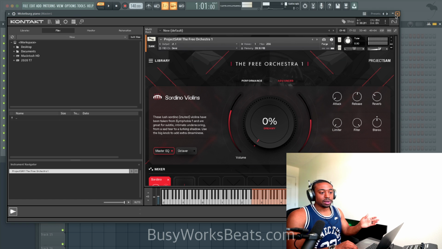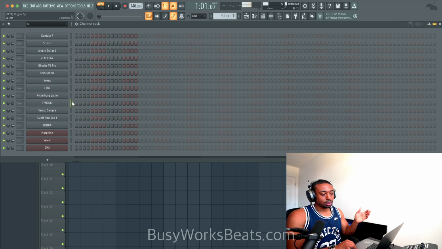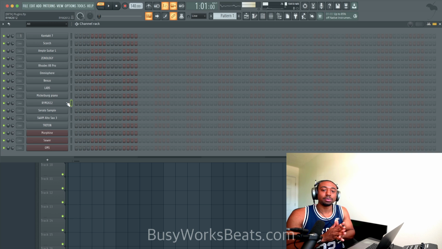Also, as an honorable mention, the Native Instruments library that comes with violins, Sadavari, if I'm not saying that right. I might be saying the name of the violin wrong, but it's like Sadavari piano, Sadavari violin. So look up Sadavari violin. And also their India library is very good from Native Instruments.